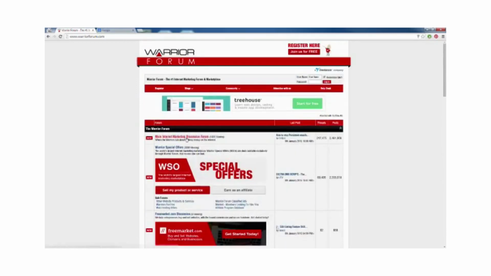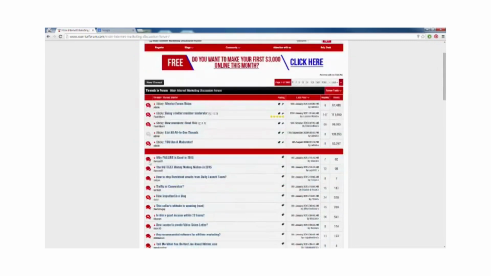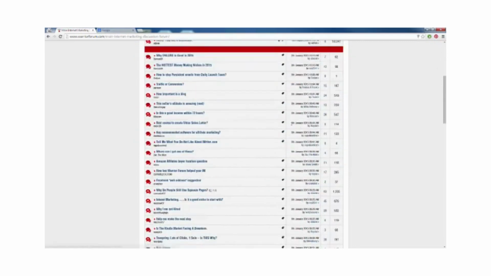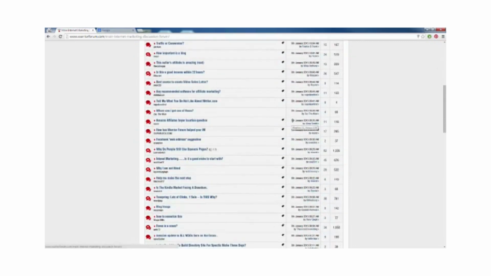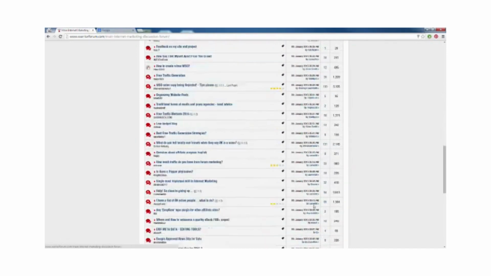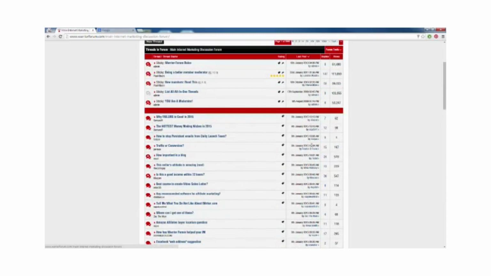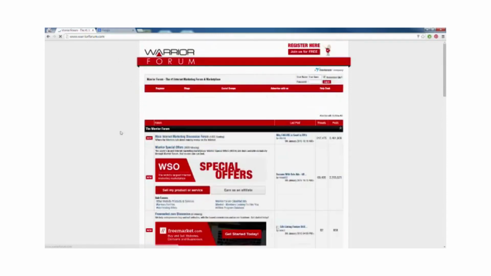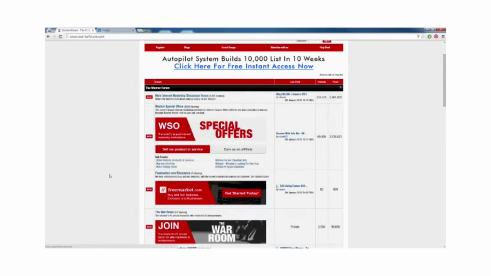Next up, we can hop into their main forum here and see all these different threads that have been posted today. Today is January 9th. You can see all these threads were actually posted today, onto the second page. You can see all the different replies. If we head back to the main page, over 2 million posts. Like I said, this is a very broad example because this is probably the most popular forum on the internet, but I'm just trying to give an example of what active looks like.